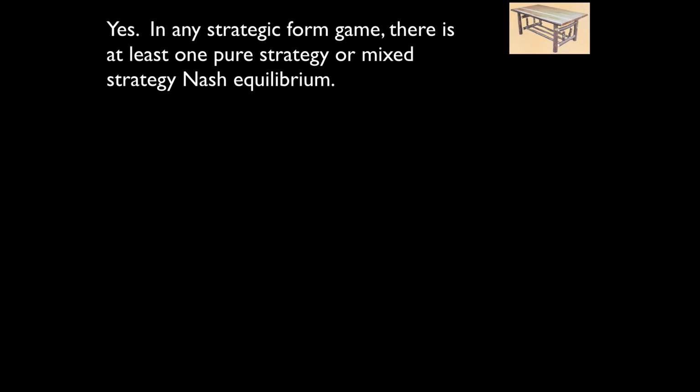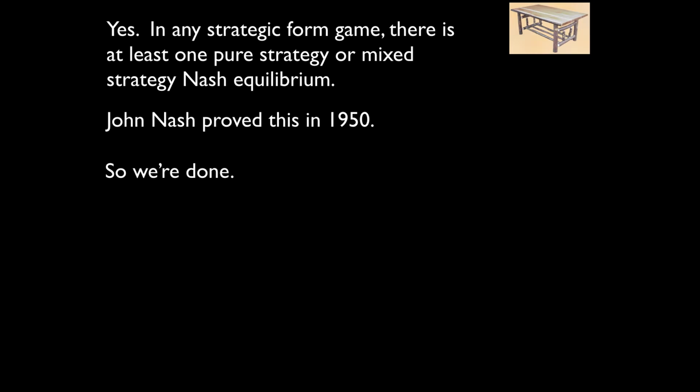And that's a mathematical proof. John Nash proved that, the guy who was played by Russell Crowe. So that's why they call it Nash equilibrium. That's one of the things he did. So yes, we are done. No matter what you do, you can write down any huge complicated thing, and it will have a prediction.